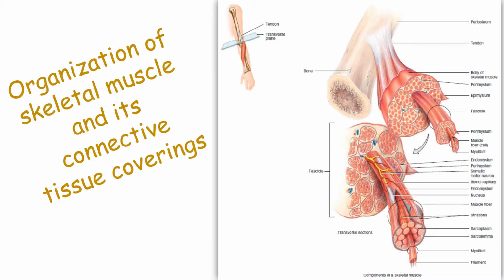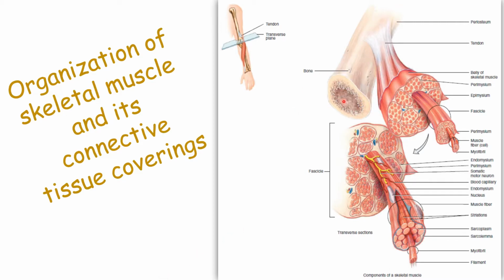It is the middle layer of dense irregular connective tissue, but it surrounds groups of 10 to 100 or more muscle fibers, separating them into bundles called fascicles. Many fascicles are large enough to be seen with the naked eye. They give a cut of meat its characteristic grain. If you tear a piece of meat, it tears apart along the fascicles. Endomysium penetrates the interior of each fascicle and separates individual muscle fibers from one another. The endomysium is mostly reticular fibers.